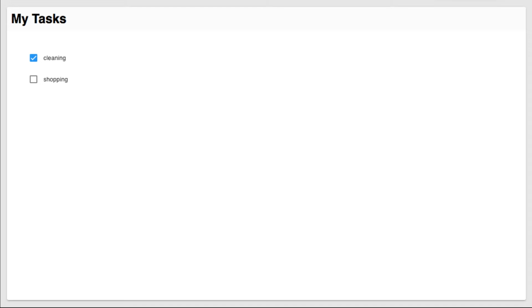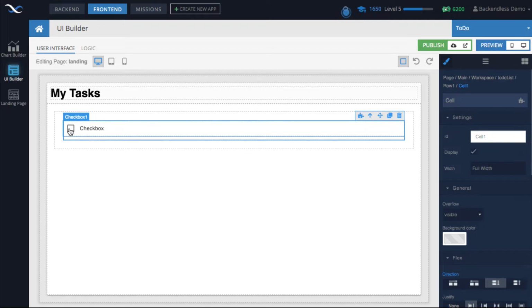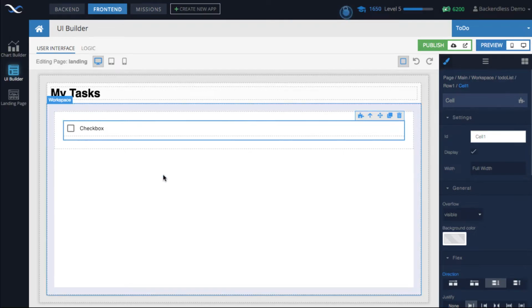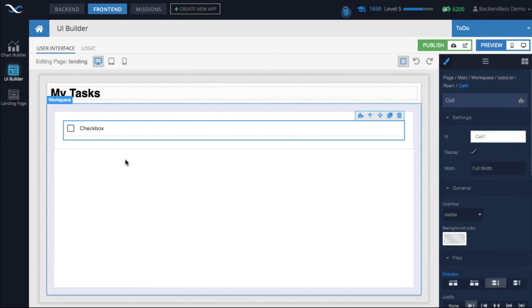The next task that we will explore is the actual update. So we know we can retrieve data. Now let's work on updating data, meaning that when we click on the checkbox, we want to change the state of that object in the database. So we want to save the fact that the particular task is done or not done just by manipulating the checkbox. How does it work in Codeless?